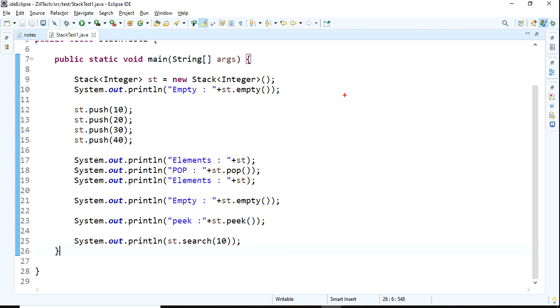How? This is a stack. Assume this is a stack.